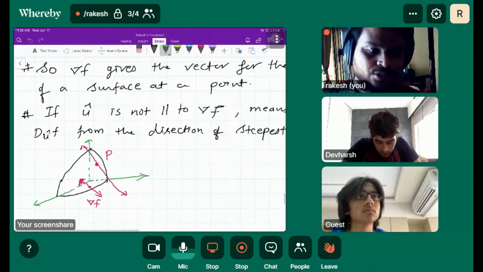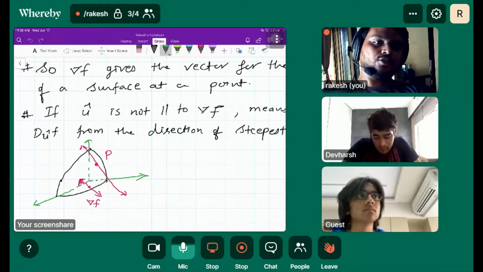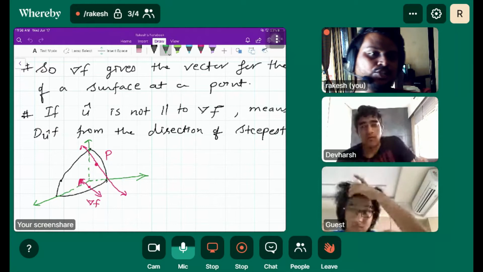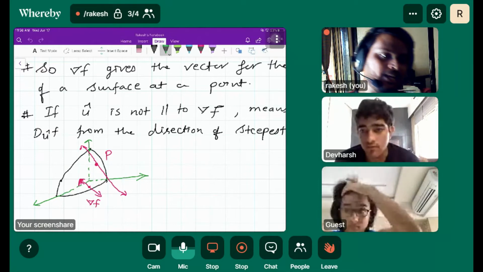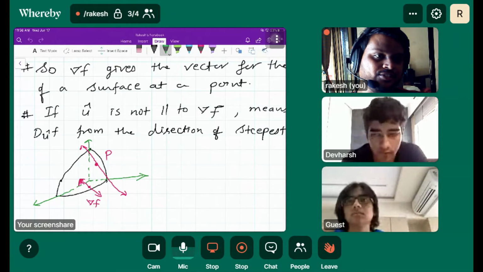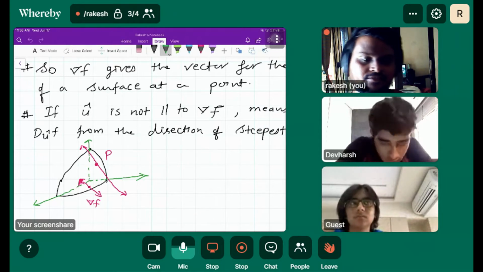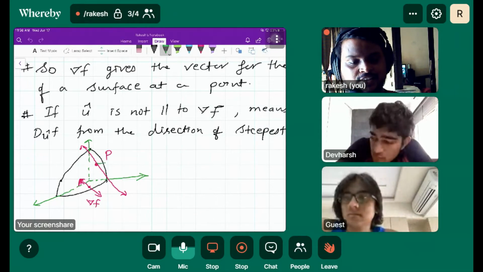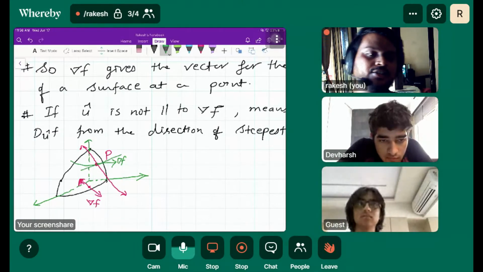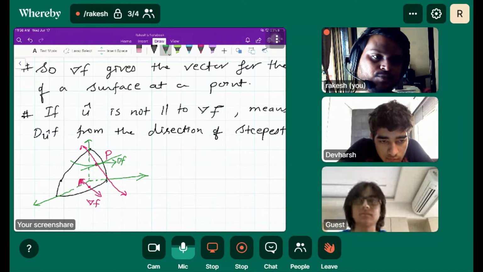See here, I have drawn this object. I took one point and simply took the projection of that point in the xy plane, and I have drawn del f. I didn't confuse you at that point, right? I should have explained that del f is along the perpendicular vector on this curve, like what I'm explaining to you now.